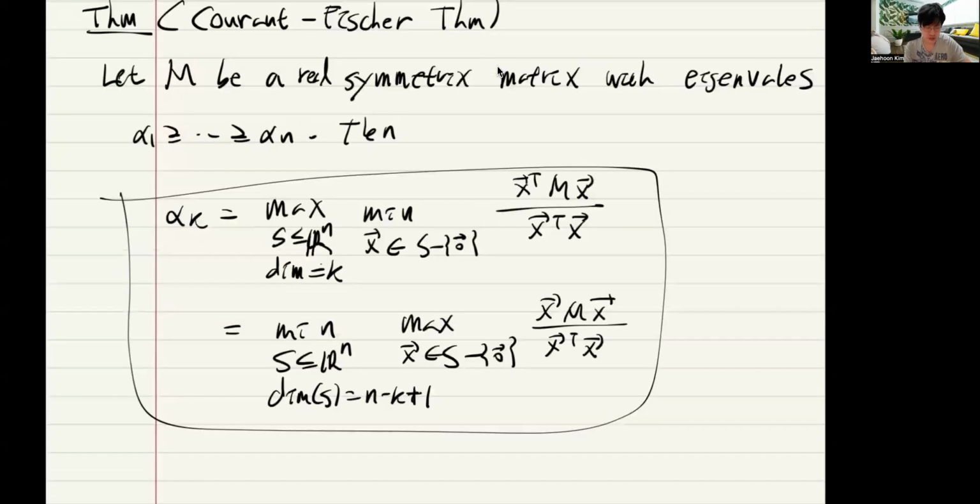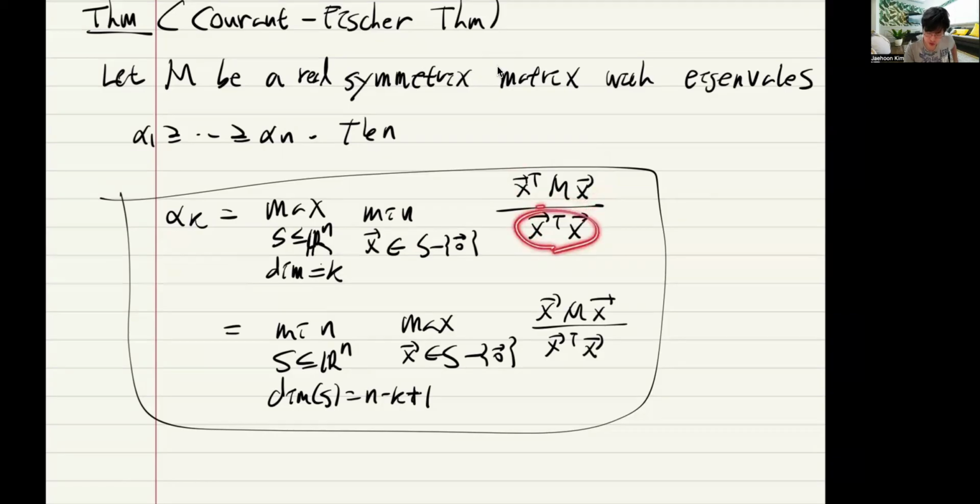So for example, what does it say with 1? If K is 1, then here is the maximum over this one-dimensional space. And once we have a one-dimensional space, this vector is essentially unique. So here, if you multiply some constant C on X,